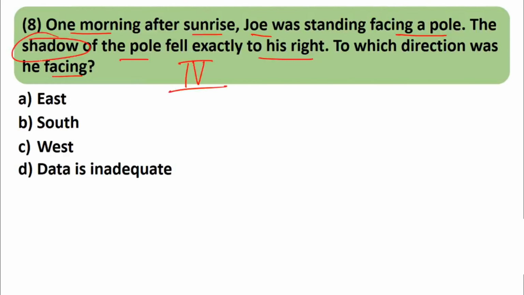Okay, this is actually easy. Only thing is that people get confused over here because of the shadow and the direction of the shadow, or where exactly the shadow is falling. But very easy way to solve this sum. Let us see what have we learned. Okay, this is our north, correct? This is our north. So this is south, this is east, this is west.